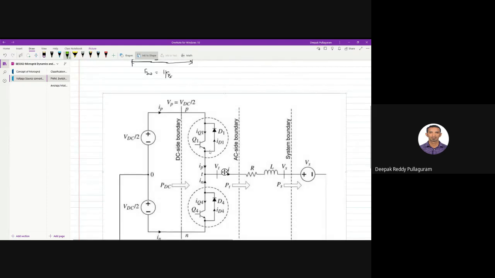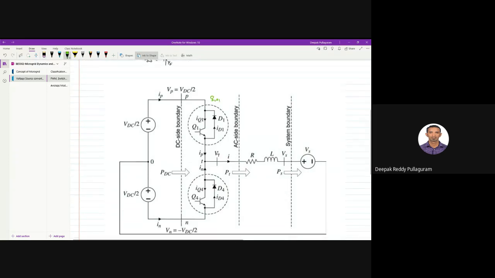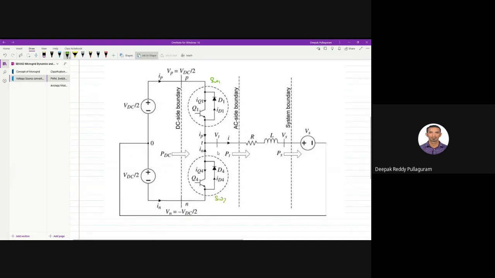Yeah, let's take this half wave converter. Generally what we have is IGBT. Let's say this is switch 1 and switch 2. In this place, we will have an IGBT with anti-parallel diode. But for simplicity, in the textbook also, he refers that we will take a transistor. A transistor also behaves in the same way as an IGBT, more or less. The only thing is it has low power capabilities. So anyways, for analysis, we can use this.